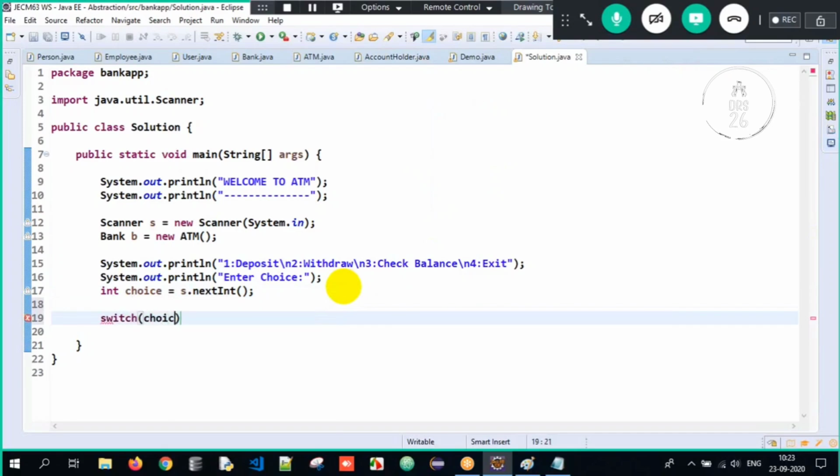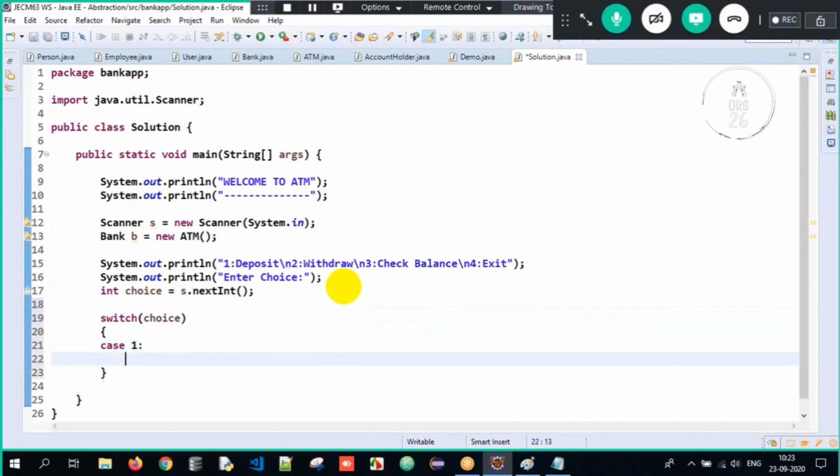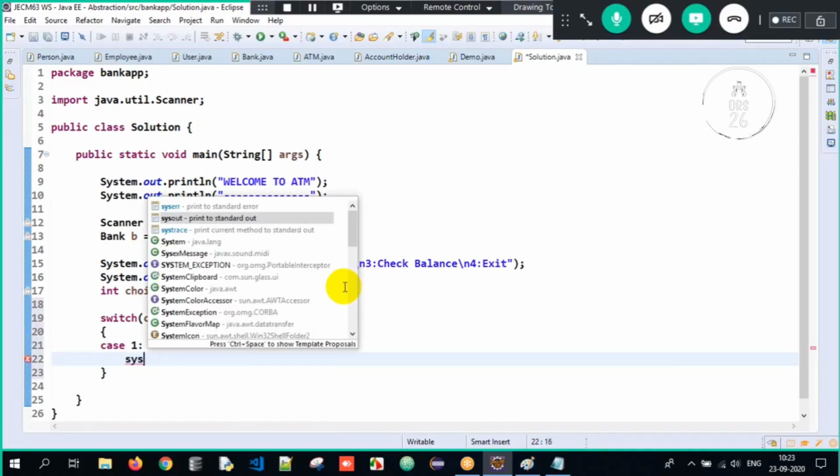Switch off, I have to pass the choice here. Okay, switch on choice. So now I will tell case 1. What does it mean? If it is 1, it means I want to deposit. So I'll take sys out,